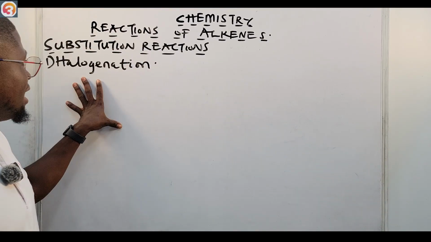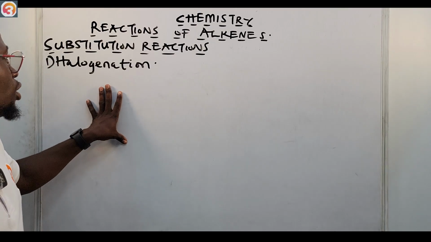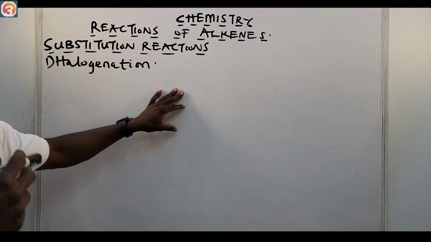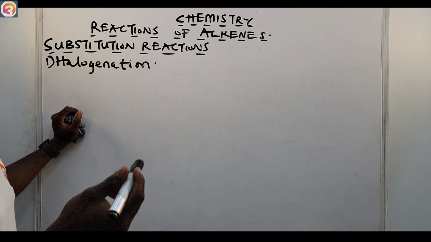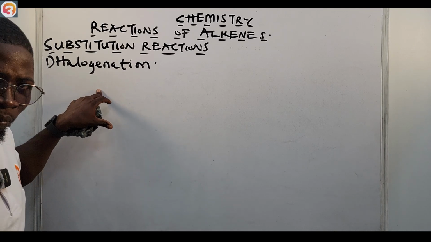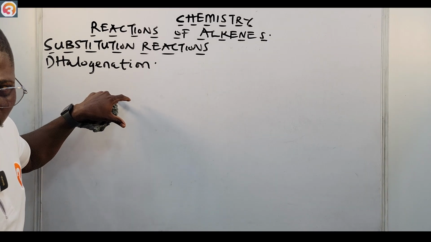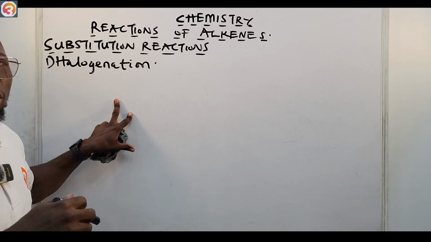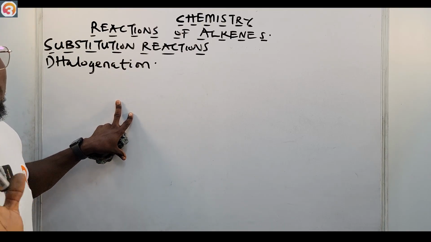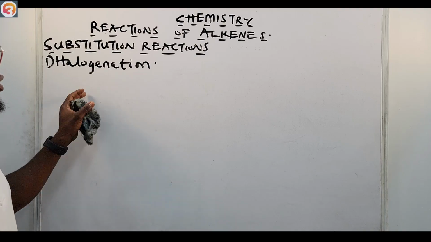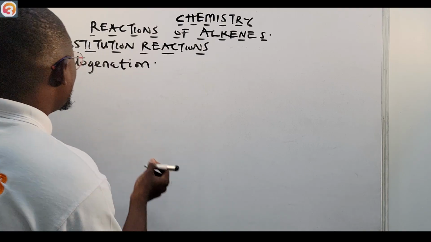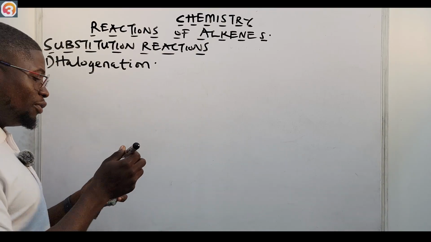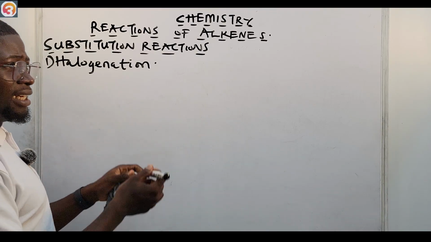So in this case, halogenation, an alkene will react with a halogen. Once it reacts with a halogen, it results in the displacement of one of the hydrogen atoms from the alkene, and it is replaced with one of the atoms of the halogen. It's as simple as ABC. Okay, let us see. So for halogenation, what I'm going to have is a reaction where an alkene will react with a halogen, leading to the